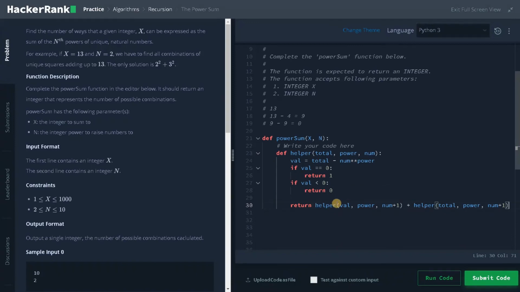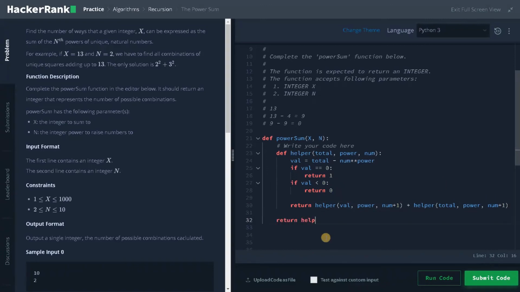Here this is branching out as a tree. So this will have the updated value of val, and this will have the initial value itself. So we can try out all the combinations. So this is the whole function we are going to have. And finally we have to call the function helper.